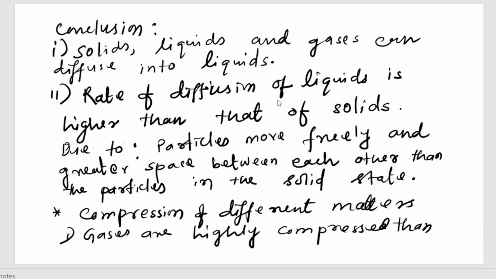Rate of diffusion higher than that of, rate of diffusion किसमें, liquid में, higher than that of solid, due to particles move freely and greater space between each other the particles than the particles in the solid state. ध्यान रखना, लिक्विड में पार्टिकल्स मूव फ्रीली होता है, गैस में और ज़्यादा फ्री होता है। स्पेस सॉलिड में सबसे कम है, लिक्विड में स्पेस ज़्यादा है, गैस में बहुत ज़्यादा है।